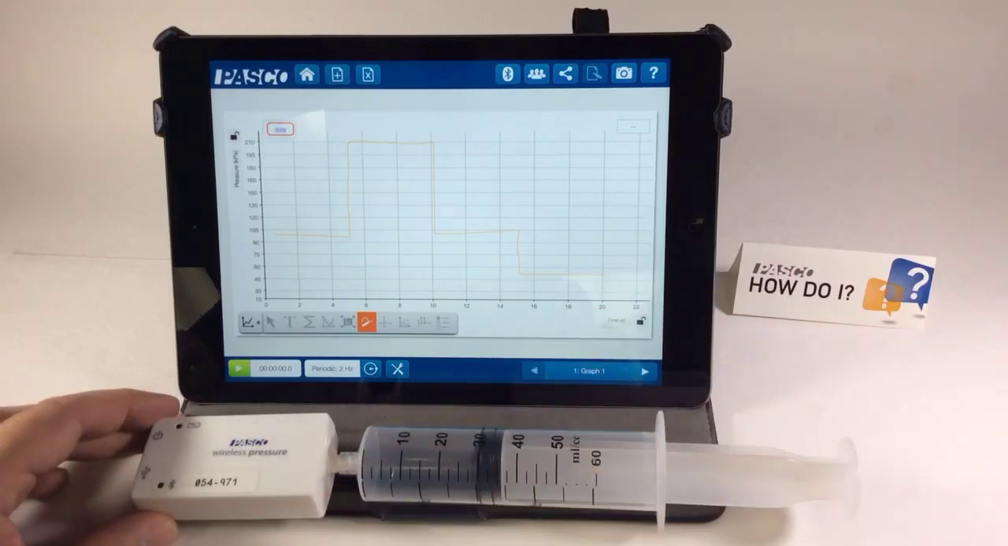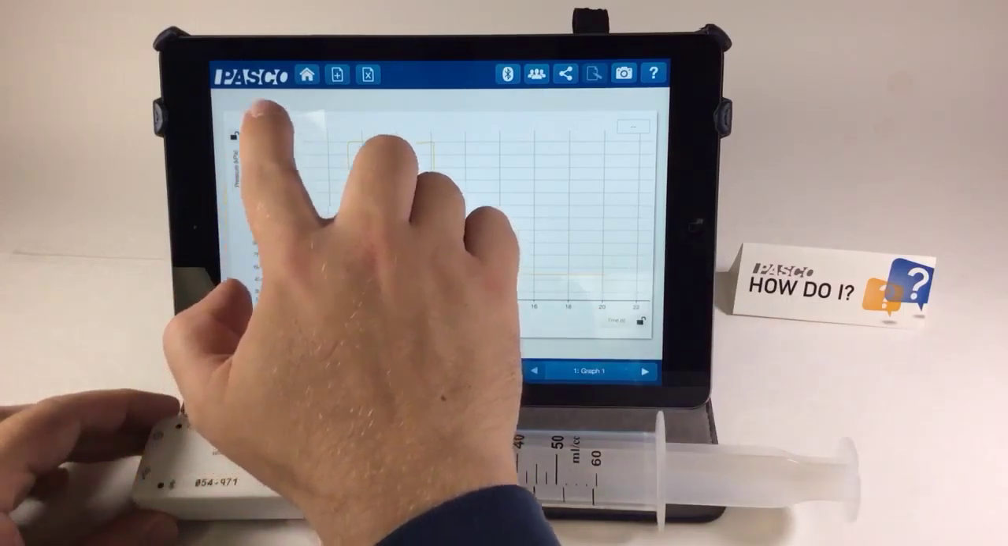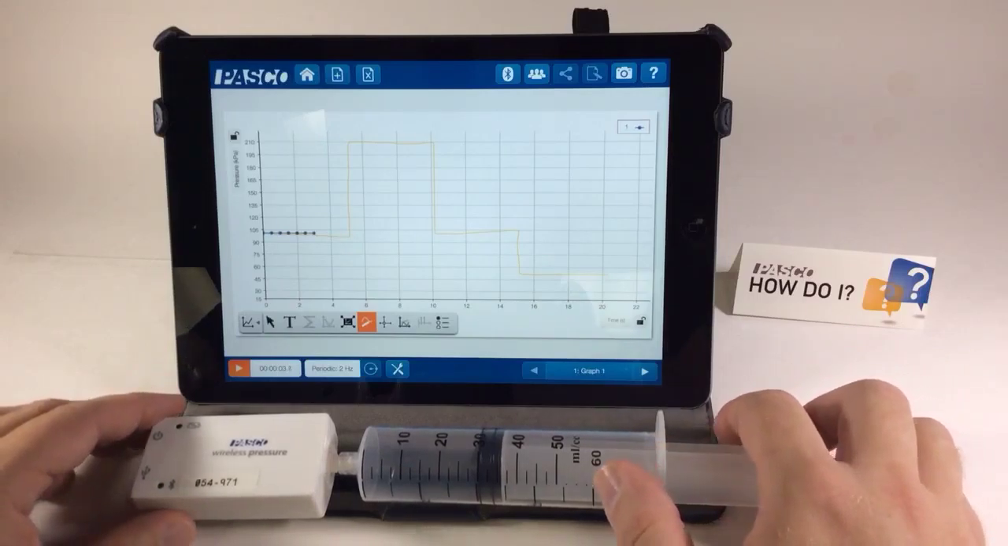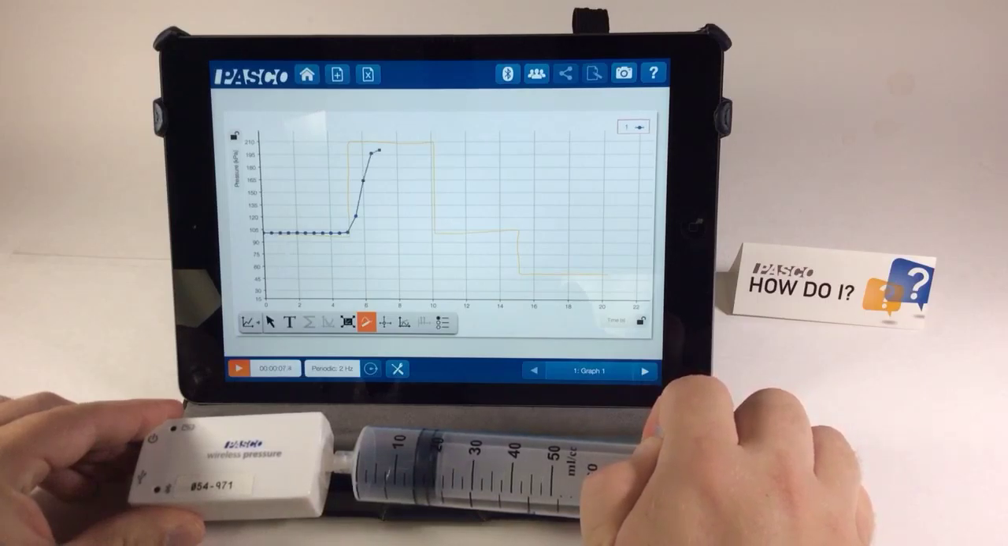So you can see that my drawn prediction is here in orange. Once I'm happy with my prediction, I can hit the done button. And now I'm ready to collect data. So I'll press start, and you notice that my data is collected in the same graph, so I can make the comparison easily. And at that 5 seconds I'll compress,